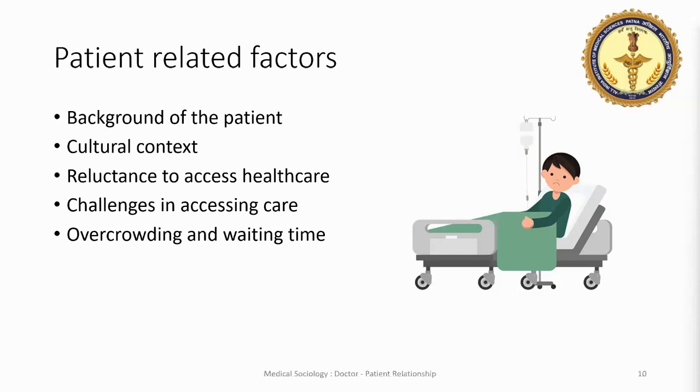Because if these patients are coming to AIIMS, it means that they have some serious problems. So if they have been treated properly in the preliminary stage of disease, in the primary health center or in district hospital or in private clinics, they wouldn't have landed up in such complicated stage, and they wouldn't have come to AIIMS in first place. So the fault is not on the doctor sitting at AIIMS, but it is the lack of proper treatment at lower levels. So all these needs to be monitored by the competent authority in the healthcare system, so that overcrowding and burdening of doctors at tertiary centers might be reduced.